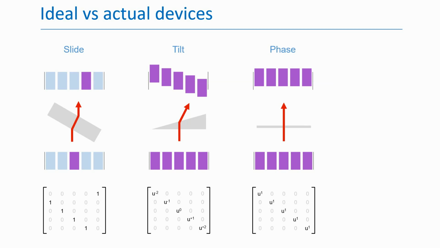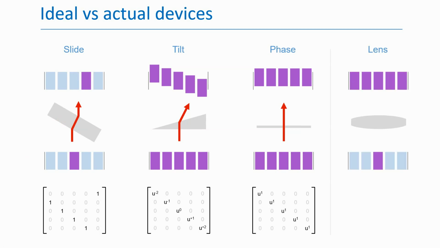Thirdly, let's clarify a confusing point. These illustrations appear to show the light propagating some substantial distance, passing through the optic, and then propagating some distance again. But for ideal devices, we neglect this distance. For ideal devices, the input, the device, and the output are all in a single plane, or at least they are infinitesimally close.